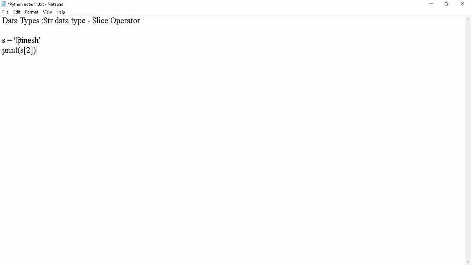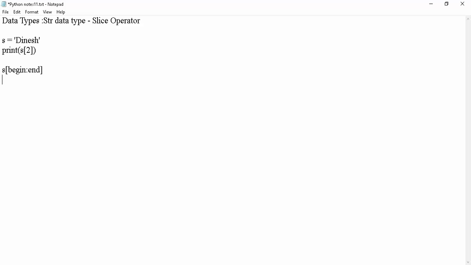Now I want to slice the string. Slice means, for example, from this I need these. I don't want DI, I need to mention NESH. This is called a slice operator. So, what is the syntax? You are aware of the syntax of the slice operator. That is s of begin colon end.